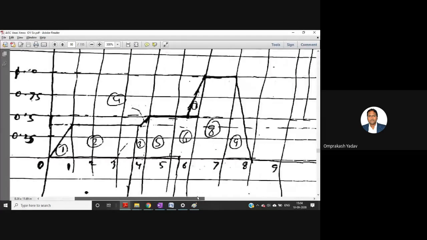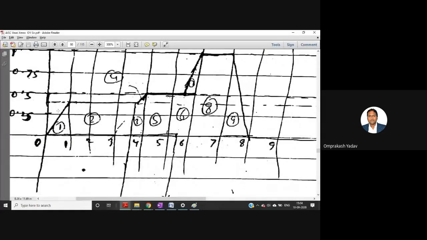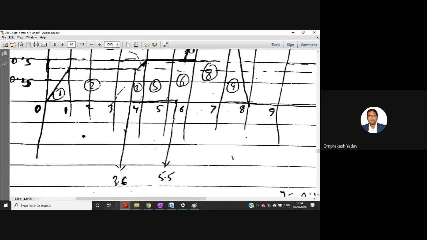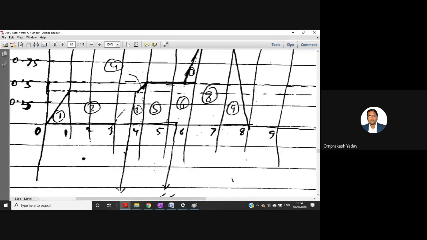Now you can see it clearly. There is a small triangle over here, because its intersection point is 3.6 comma 0.3. From that 3.6, this is the point, so it is drawn like this. This entire rectangle is considered. Now to determine the middle point for this rectangle, first we should know its total length. This is 1 unit, this is the second unit, and after 3 there is 0.6. So the total length is 2.6.